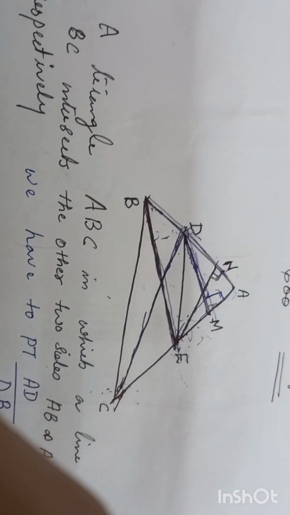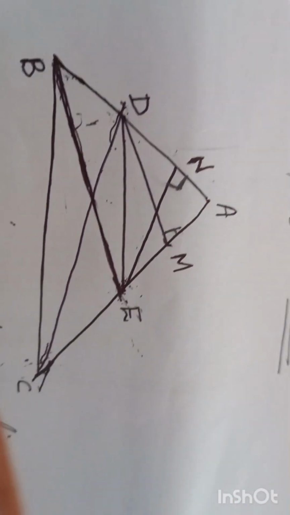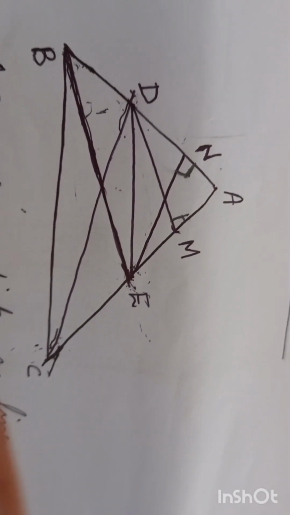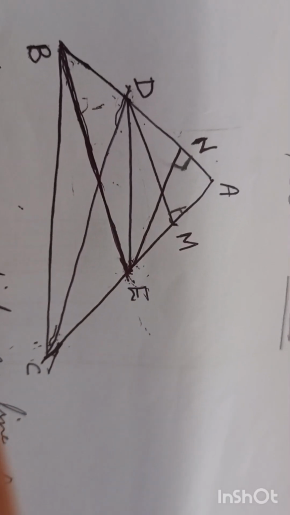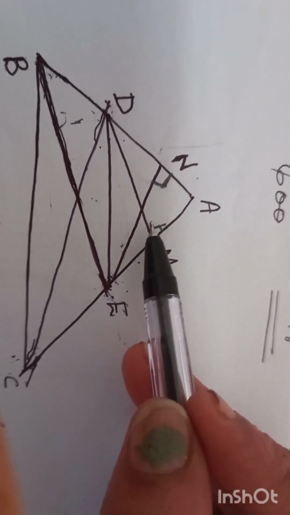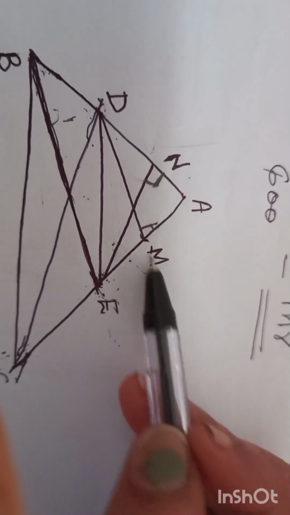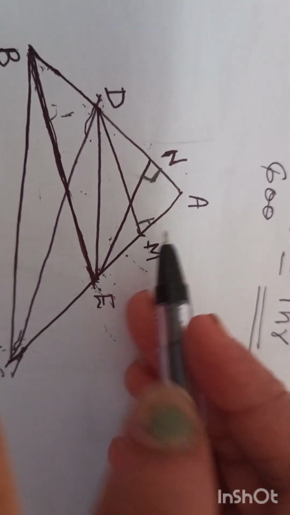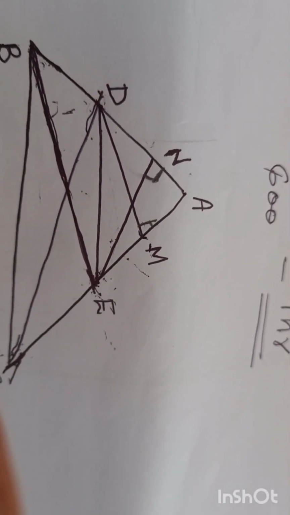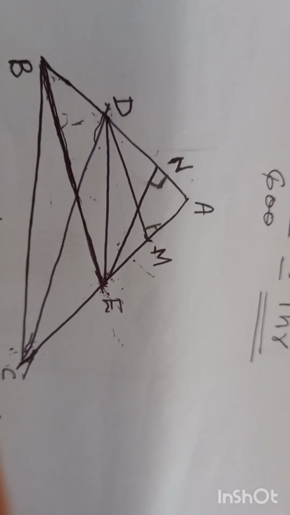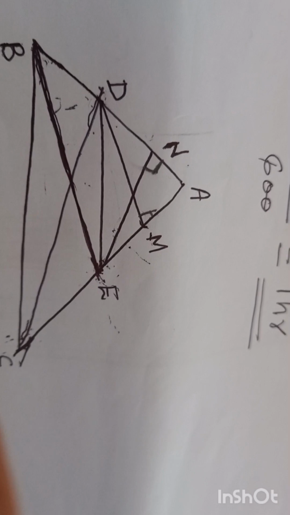So next we are considering triangle ADE. Area of triangle ADE is equal to half into base AE. What is altitude over here? DM is the altitude. Okay. Then area of triangle DEC